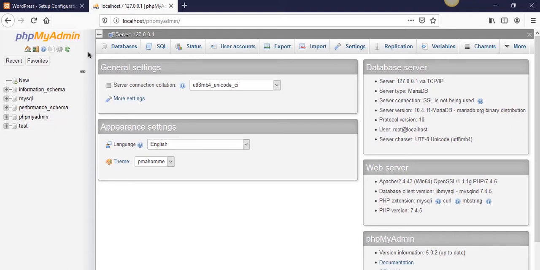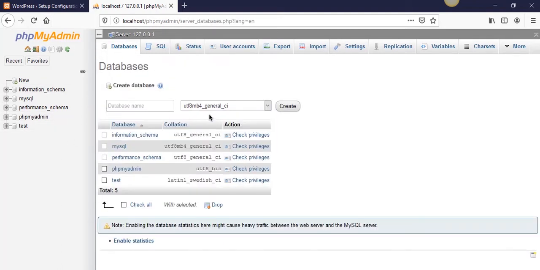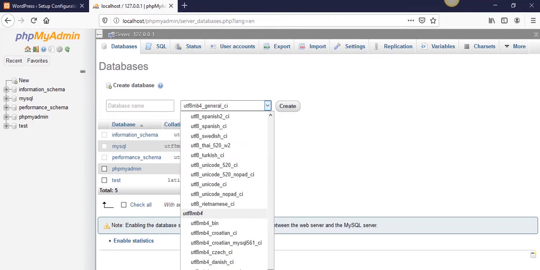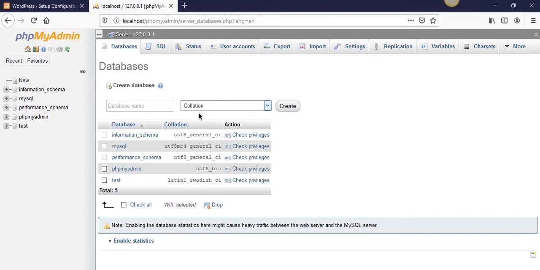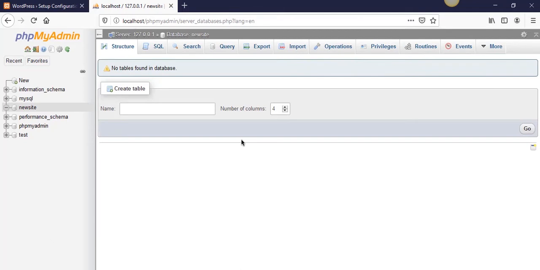So we're going to create a new database by clicking the Databases tab. I'm going to set this to the very top if it's not set by default. And then I'm just going to type in new site. Generally, you don't want to name your database the same thing as your site, but in this case, since it's a local, we're just going to go for that. You don't want to do anything here. Now that it's been created, you want to go straight over to privileges,